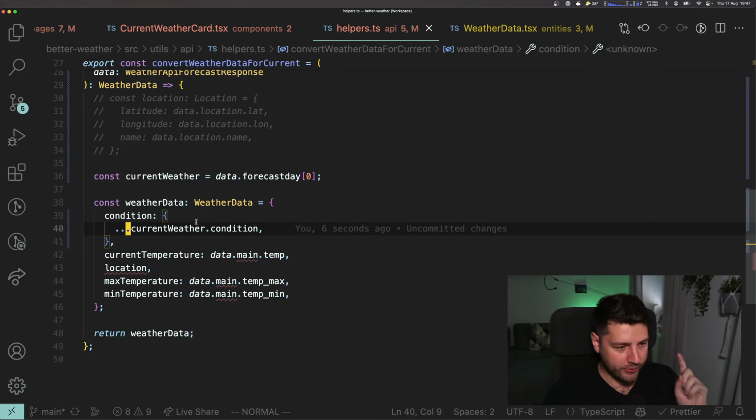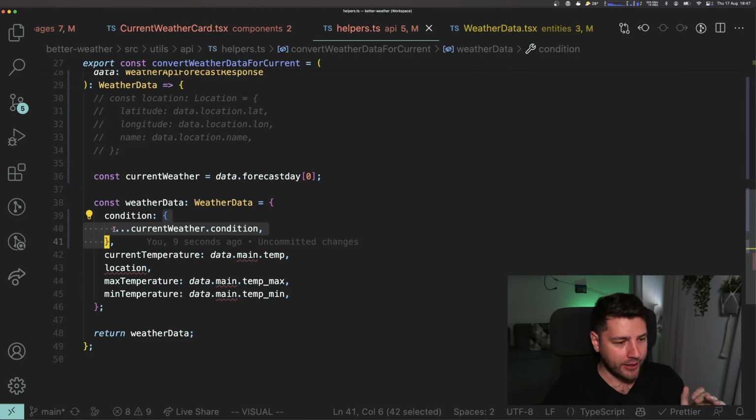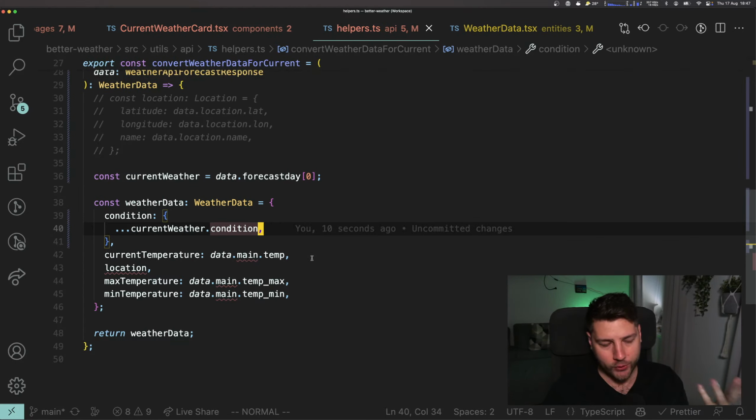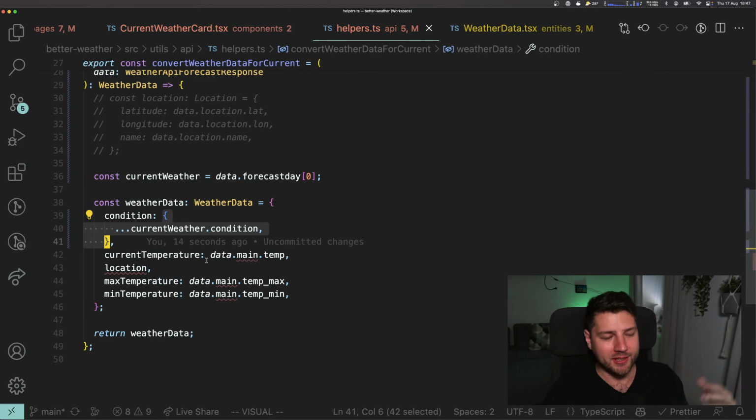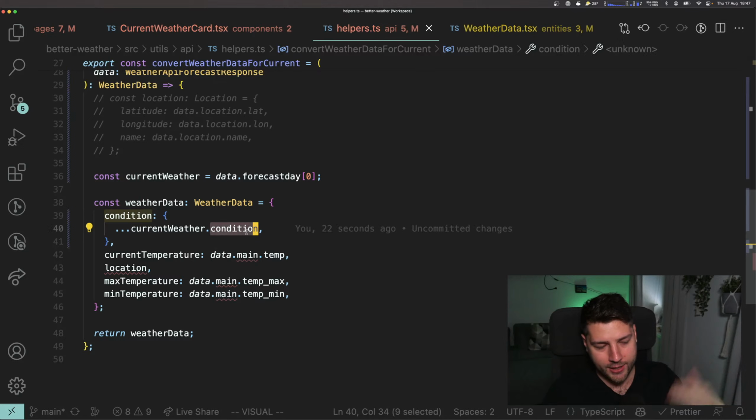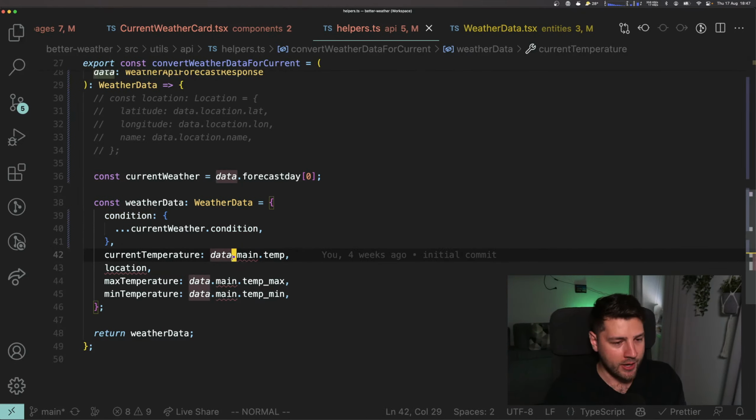And actually, no, it's better to do it this way. It's better to create your own object and spread it here. We could have just written this in one line, but then this indicates to us, it's more explicit that we're creating our own condition object. We're not using the condition object from the actual data, but yeah, it is what it is. Then it's going to be current weather dot